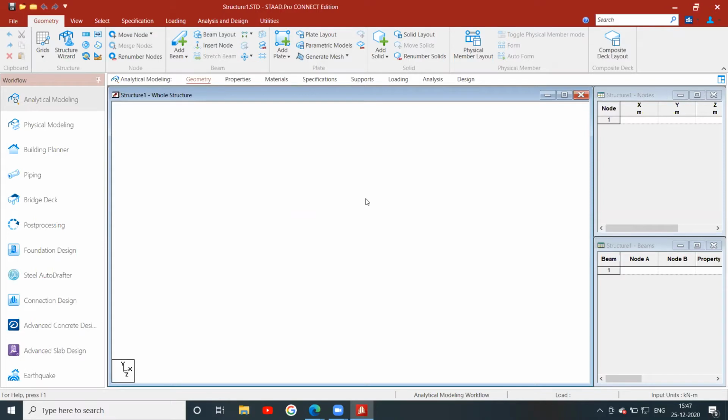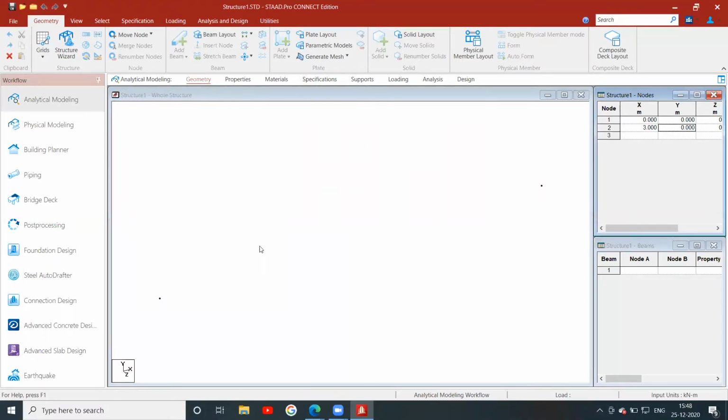Now you have to start creating the continuous beam. This experiment is the analysis of a continuous beam. So first you choose the origin of the continuous beam. The first point is all zeros, the origin is 0, 0. Next, the span of the continuous beam, take it as 3 meters.